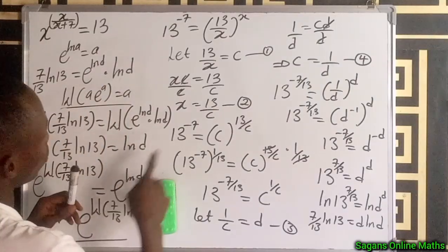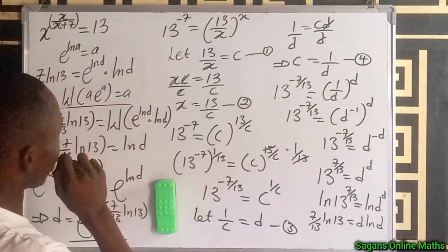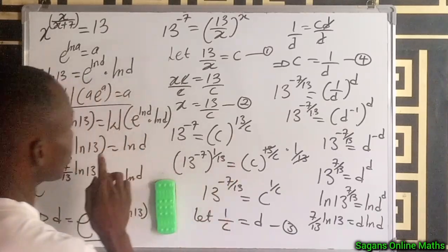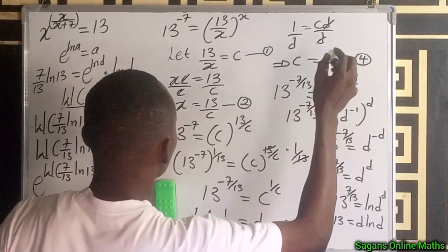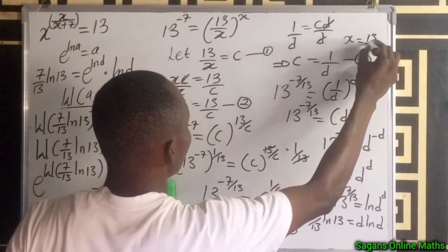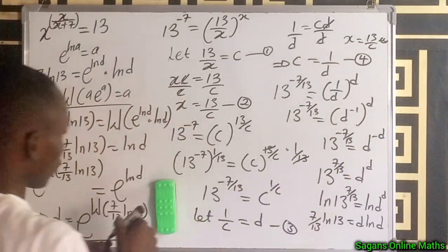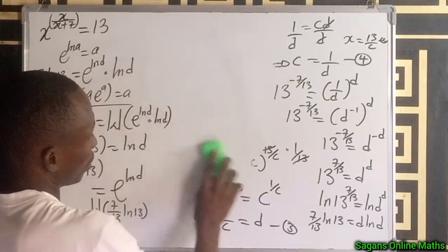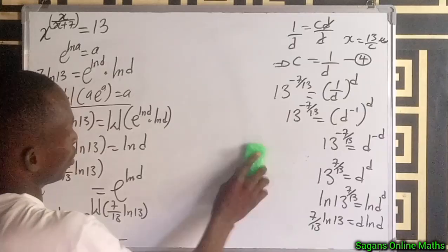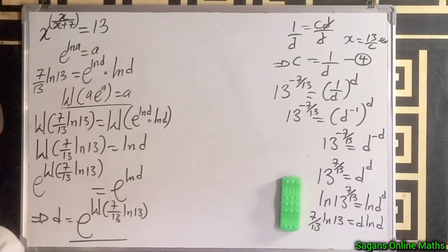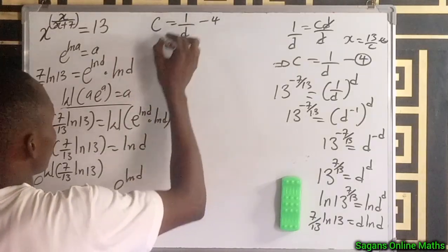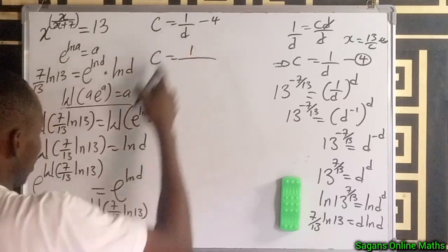Now let's go here. We know that our equation 2 is x equals to this. So let's go and find c. For us to find c, we'll use equation 4 and equation 2. Equation 2 is x equals 13 divided by c. So I can remove everything here. I'll use equation 2 and solve for this. Alright, we've gotten d, right? So let's find c. We know from equation 4 that c equals 1 divided by d. So it means our c is equal to 1 divided by our d, which is